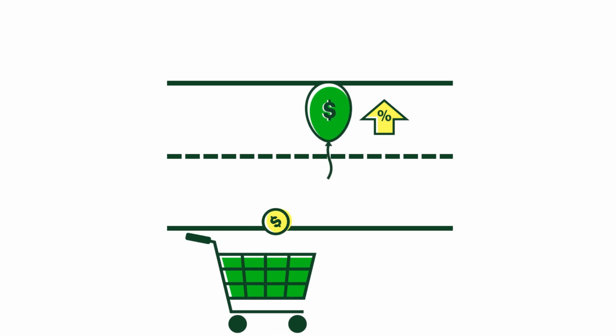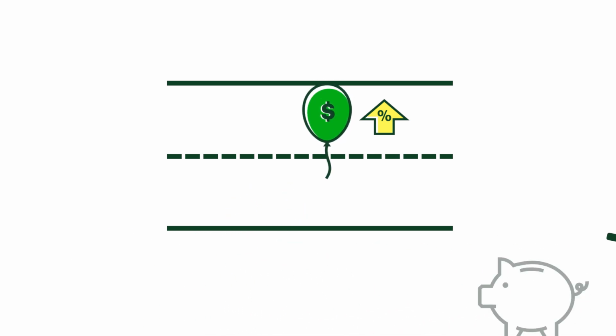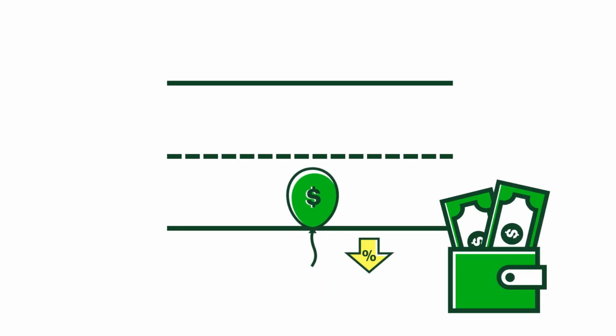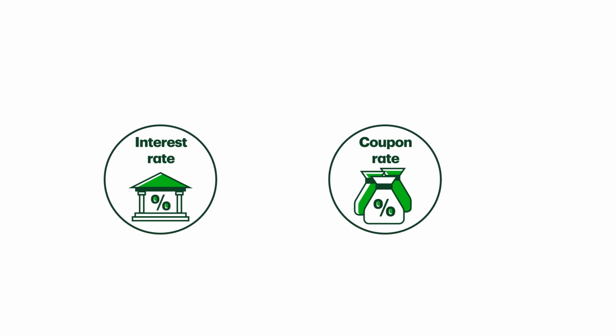When inflation gets too high, economists at the Bank of Canada sometimes raise interest rates to help safeguard your money's purchasing power, or to encourage consumer saving if spending is causing the high inflation. If inflation is too low, they may try to stimulate the economy by decreasing interest rates to encourage spending. Bond prices tend to fluctuate with the interest rate environment. When interest rates go up, coupon rates on new bonds go up with them, and vice versa.